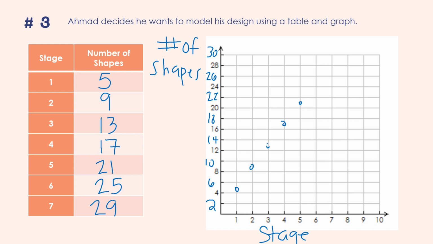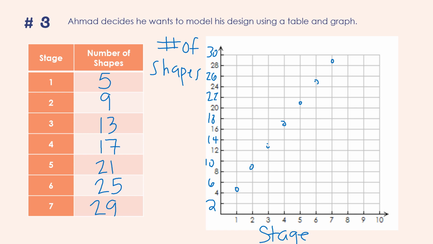6, 25, and then finally the last one that we can fit is 729. So some of the things you have to think about when graphing is, do you connect the points or not? And we're going to talk about it. I'm going to go ahead and introduce you to the word. There's discrete versus continuous. Discrete means that you do not connect the points, and continuous means that you do connect